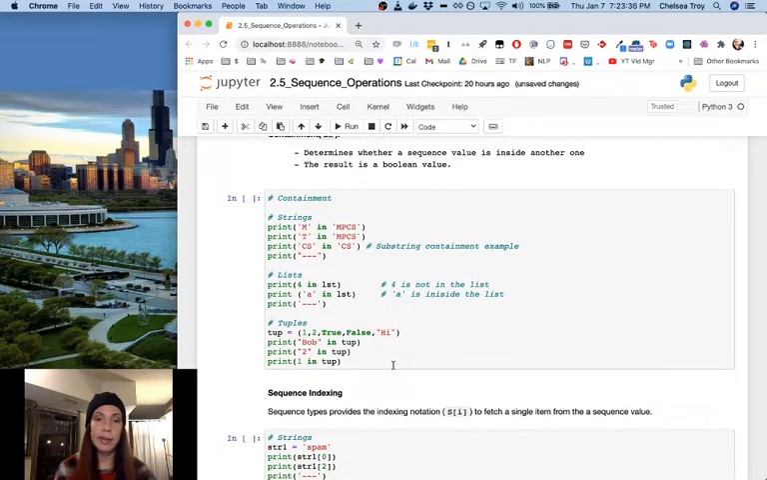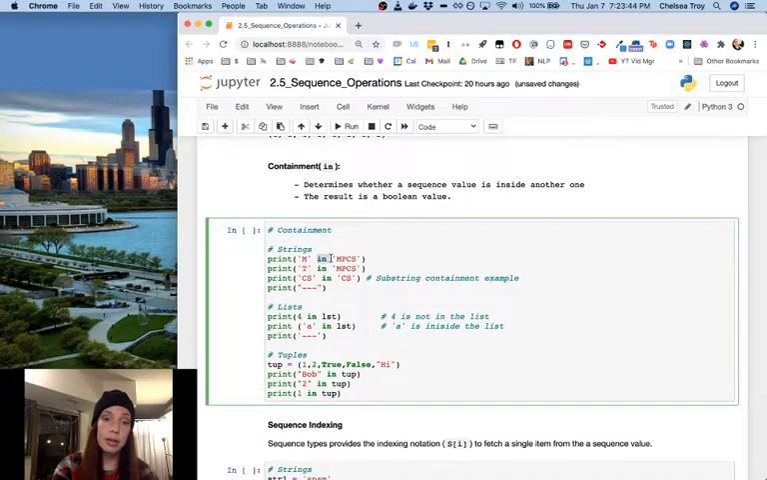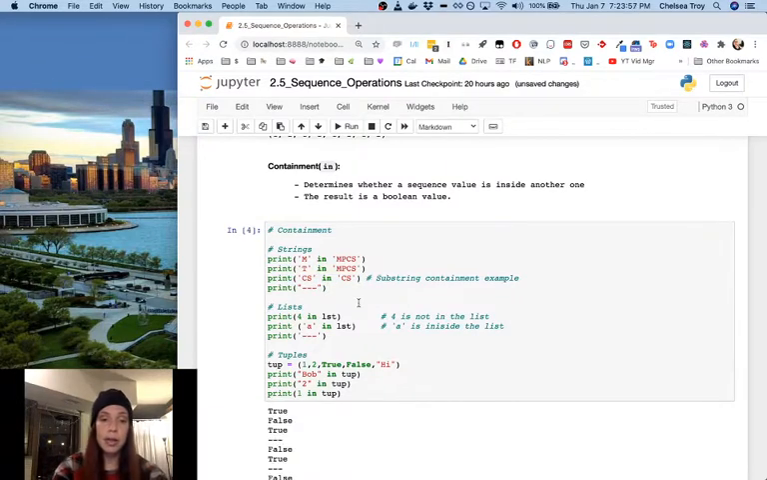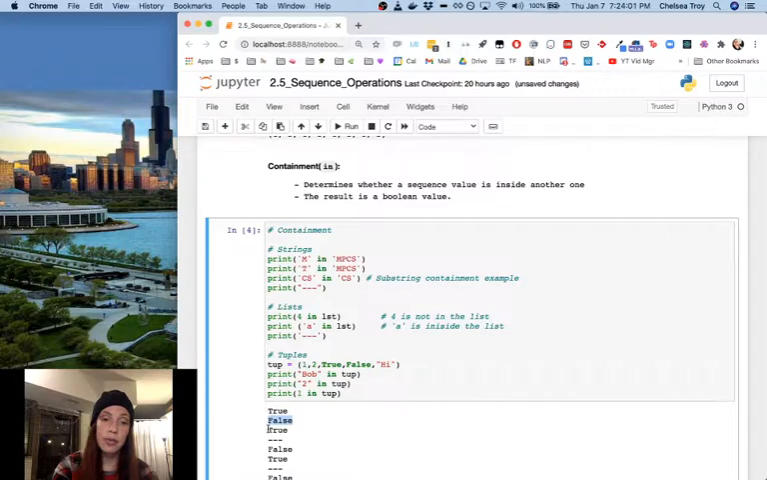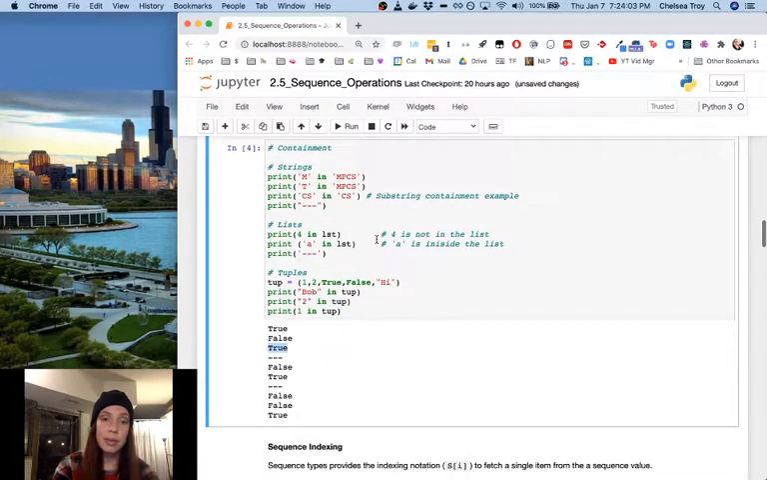Now let's talk about containment. Suppose you want to determine whether a given value is in your sequence. You can use the in keyword to do that. The result's going to be a Boolean telling you whether or not it's in there. So we can see if M is in the MPCS string, if T is in there, or if CS is in there. What you're going to see is that we get true for M, false for T, and true for CS. Similarly, for a list,